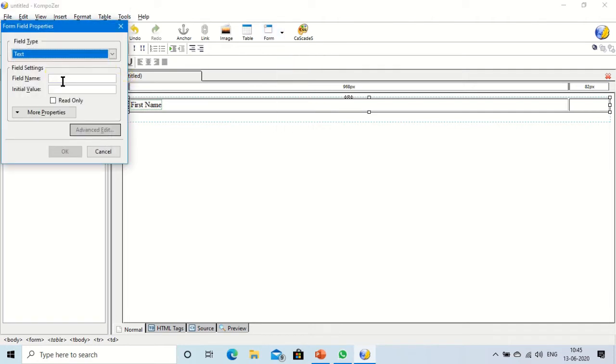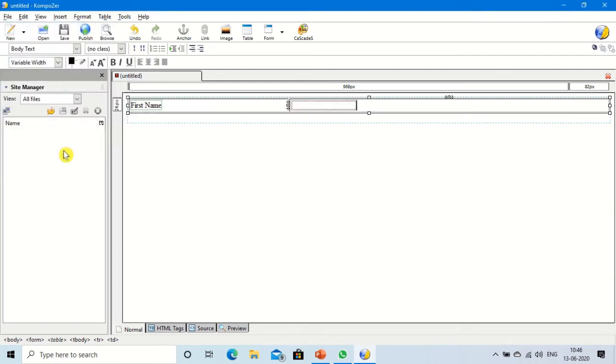Then here you mention txt fn. This is the name of this first name field. It can be anything, but you give an appropriate name. And initial value, if you want to put some initial value, you can give, otherwise you can click on OK. Now you can see the text box for the first name has been created.